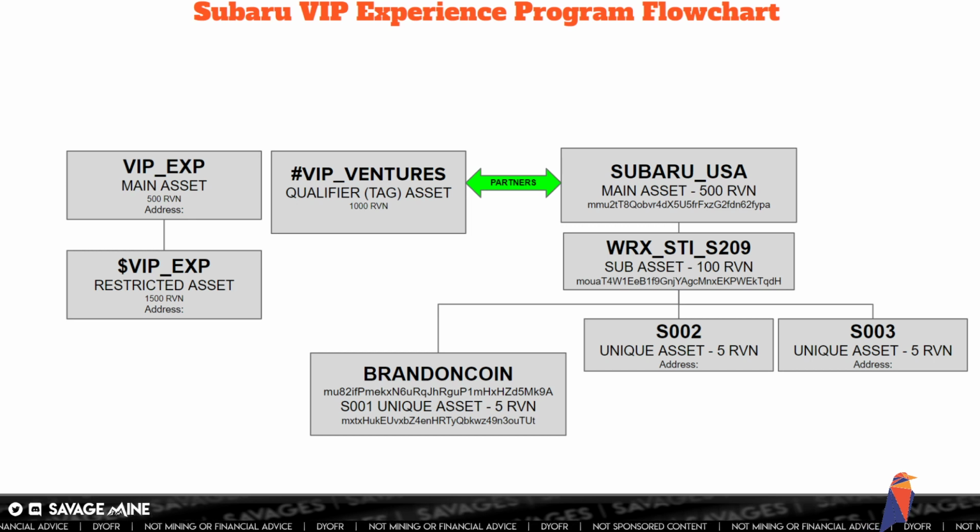And you can verify that an address has a tag. But I haven't found a way of finding, and I don't think this would be possible, who owns a restricted asset. I don't think you can look to see that. I don't know if that's possible or not. I did some messing around in the wallet, the console, and stuff like that.